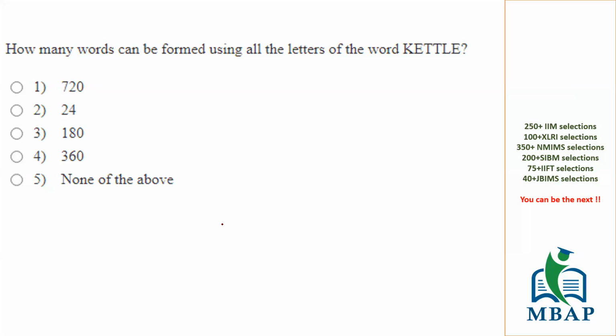Okay, great. So 180 is the answer. Let us see how. What are the number of spaces? 1, 2, 3, 4, 5, 6. I told you always look at the number of spaces and not the number of words. So your numerator will be 6 factorial. Let us see which letters are getting repeated. You have T which is getting repeated twice and you have E which is getting repeated twice. So 6 factorial upon 2 factorial into 2 factorial. 6 factorial is 720 and this is 2 into 2, 4. So it should be 180.